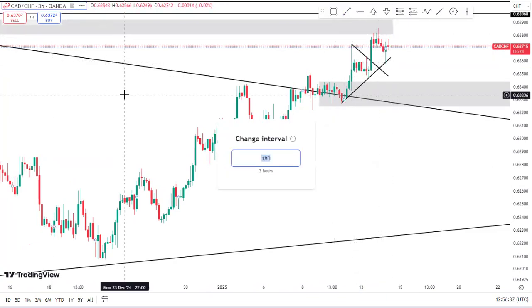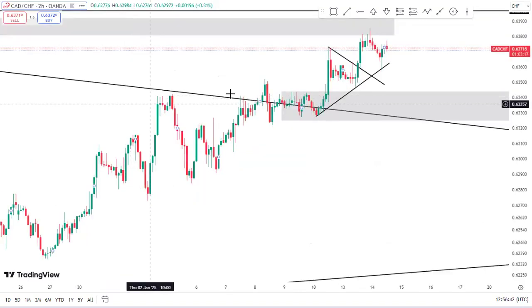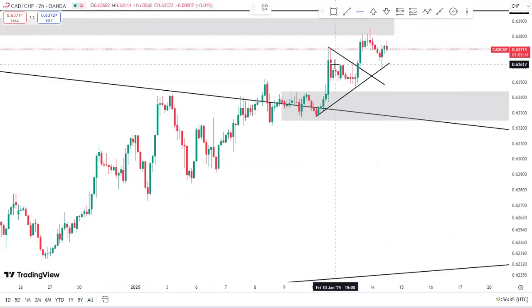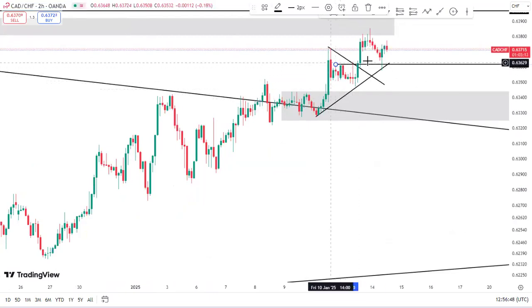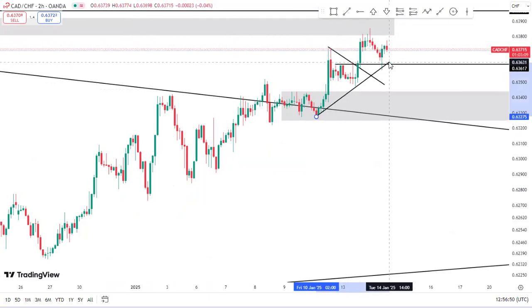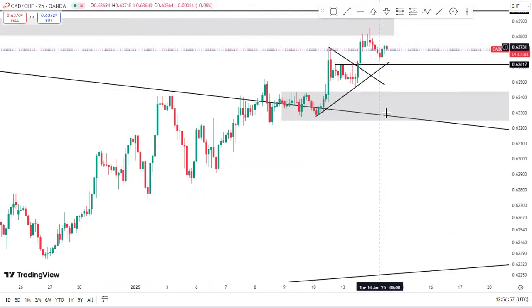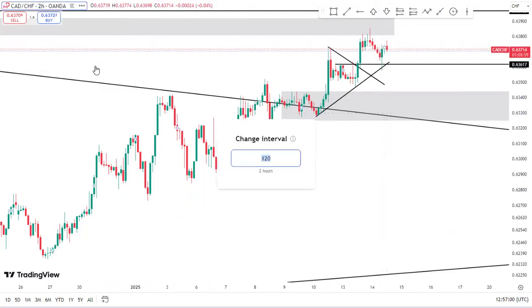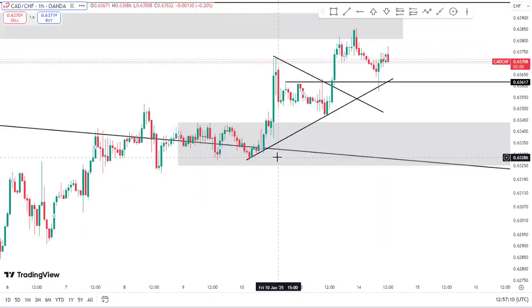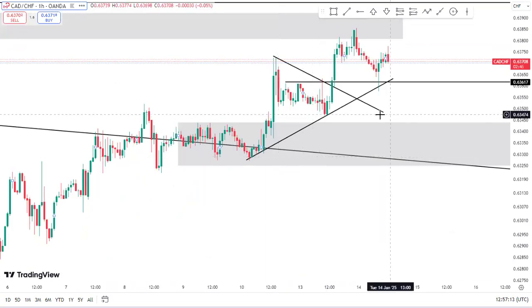Let's go to 2-hour. On 2-hour, the minor support and resistance is more visible. Can you see that? And also the trend line. The trend line is contributing very much to the market telling us to continue with the trend. And then let's go to 1 hour, 60 minutes. Can you see that this thing is very clear? Very much clear, even if you have to adjust still. So you can see that